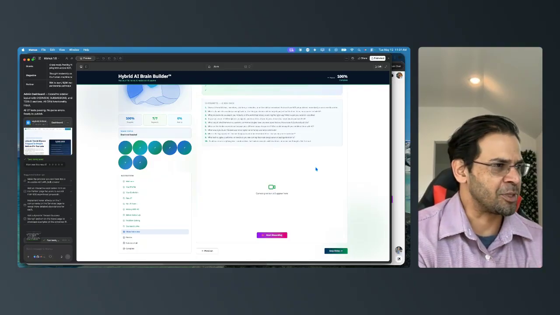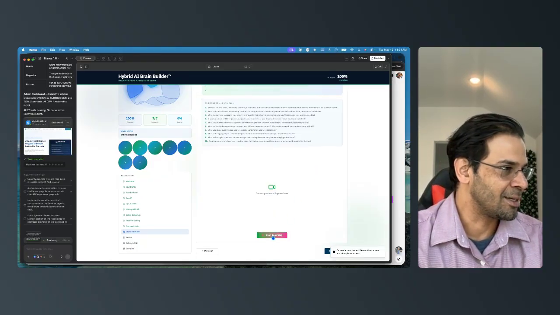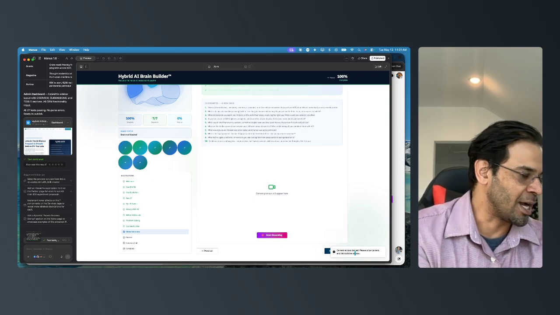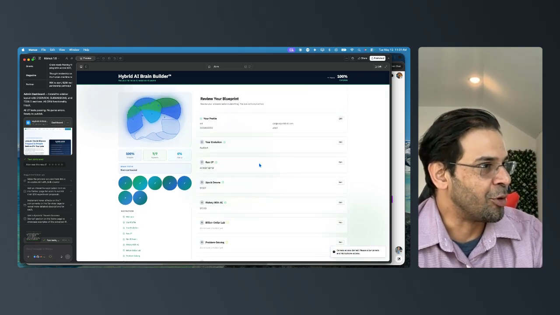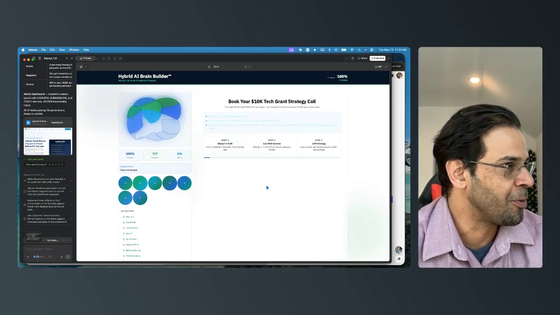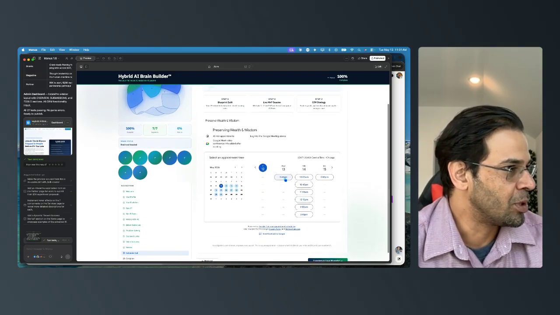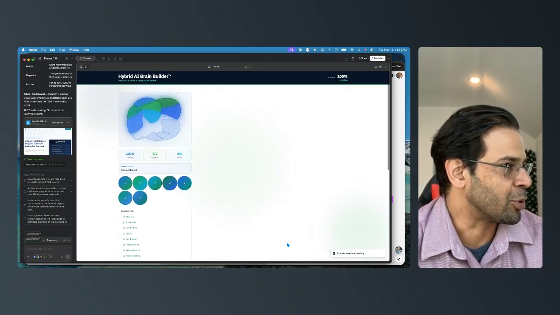Let's see if this pops up. I'm already using the camera here, so it may not show up. Camera access denied. Essentially what this is, an interview process. Now the client can review all of this information, looks good, schedule interview. It walks them through my experimental program. They can book a call, complete and save blueprint.